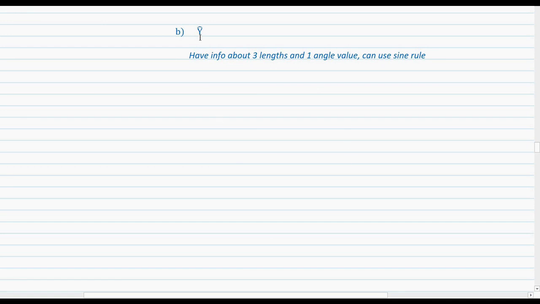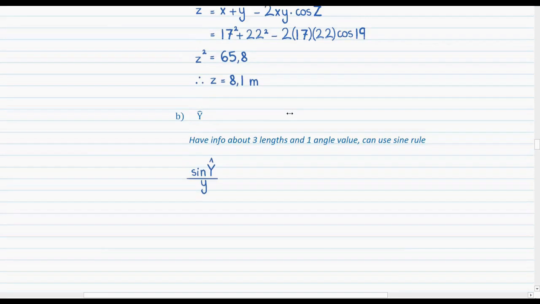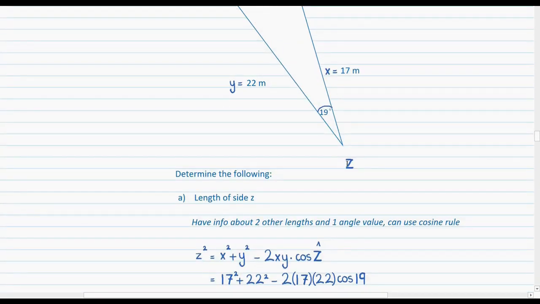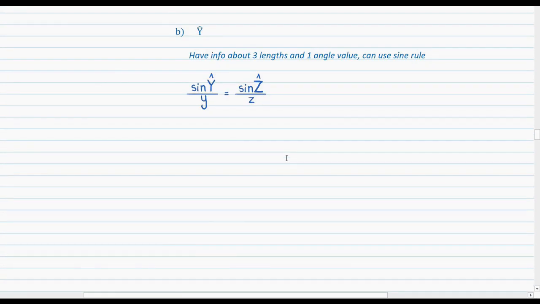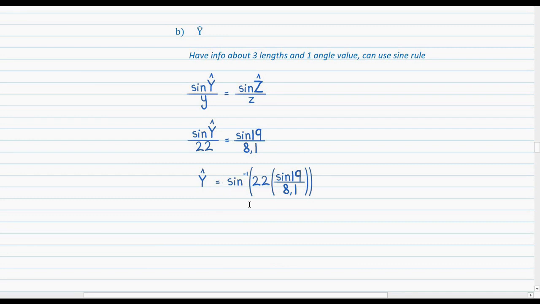Since we want to determine y hat, we would have sine y hat over y is equal to sine of the one angle we know, which is z hat, over the length of the side opposite it, which is z. Then just sub in the values, then rearrange and solve for y hat, which comes to sine inverse of 22 times sine 19 degrees over 8,1, which comes to a value of